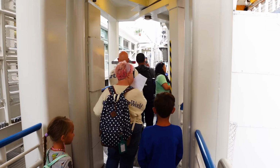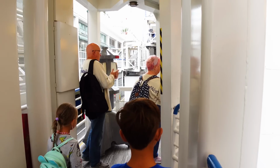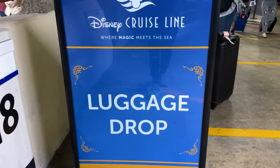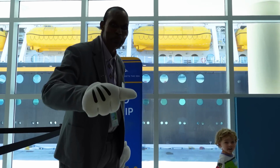You'll be okay as long as you're there before the all aboard time. What I like to tell our guests is that your first day's timeline should really look like this. If you're driving to the port, arrive 30 minutes earlier than your port arrival time. That allows you plenty of time to drop off your luggage and then park your car. If you're taking an Uber or somebody else is dropping you off at the port, 15 minutes before your arrival